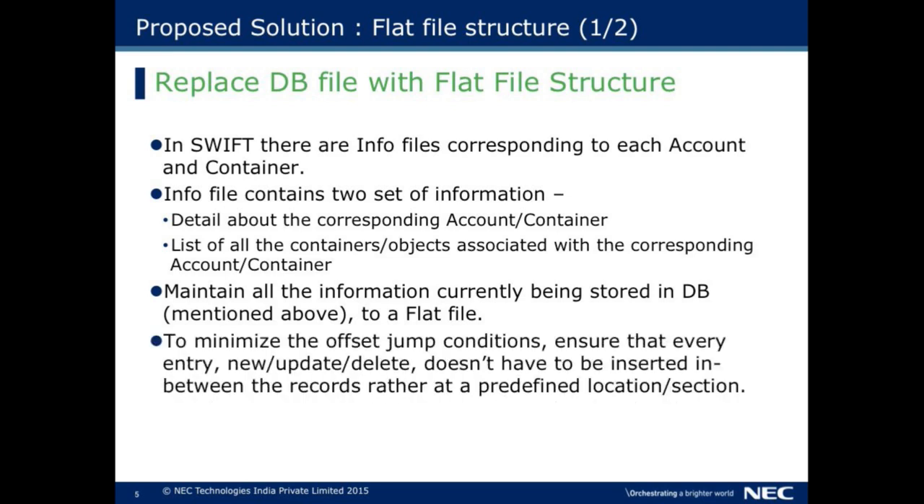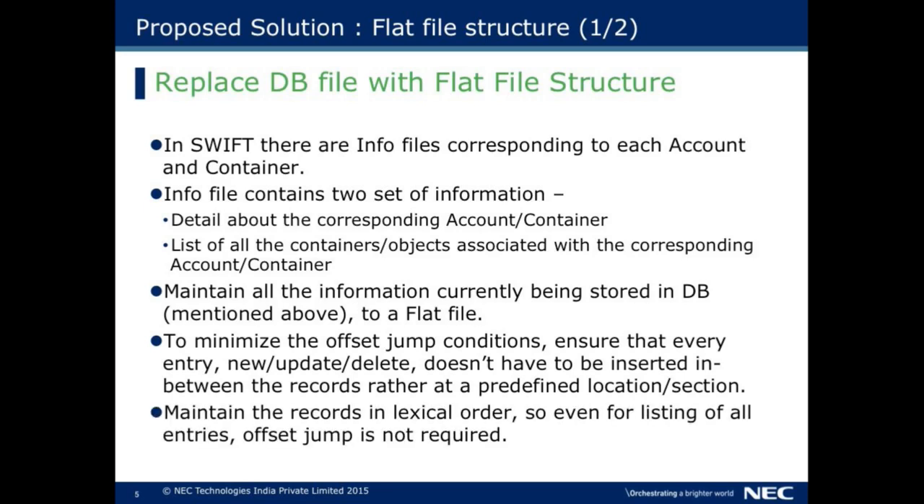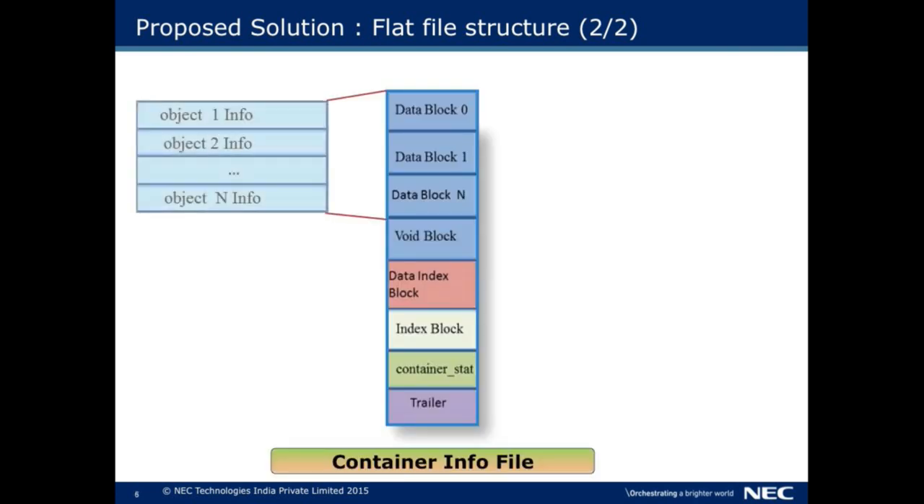Okay, so as I said, there is an offset jump. At different positions where the record is, the DB searches one offset, then another place, then another place. If we can minimize these offset jumps, then maybe we can achieve better performance. So for this, what we are saying is, if we maintain such a flat file structure, so we